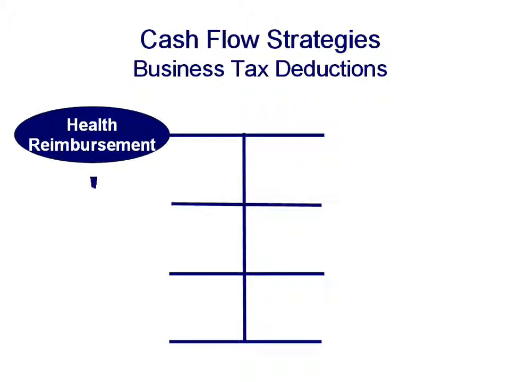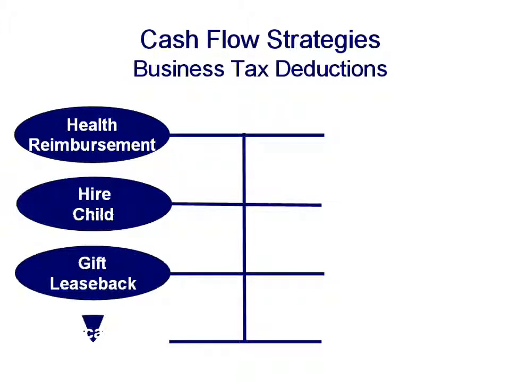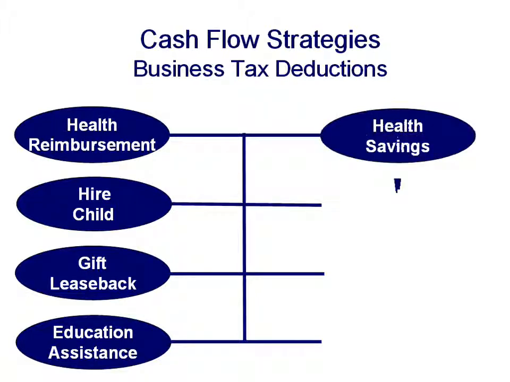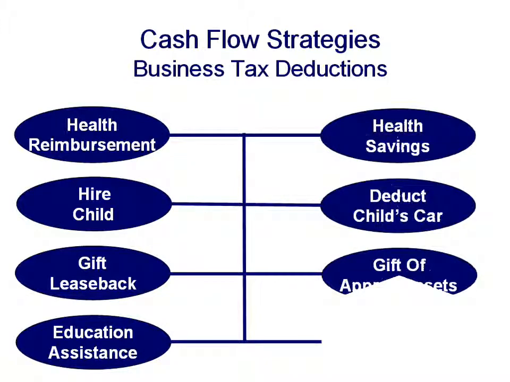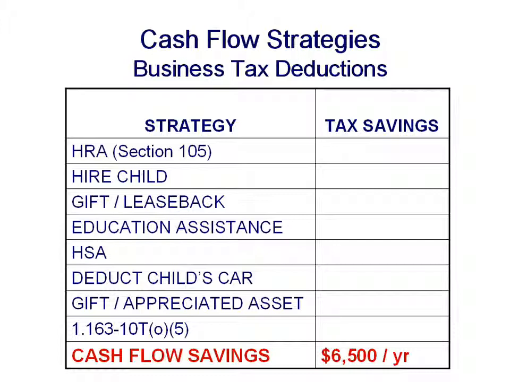One is your health reimbursement account, hire the child in the business, the gift and lease back of equipment, educational assistance program, section 127 of the tax code, your health savings account, deducting the employed child's personal car as a business expense, gift of appreciated assets, and deducting the home interest as a business expense, which is also known as